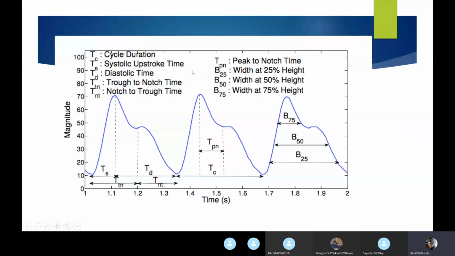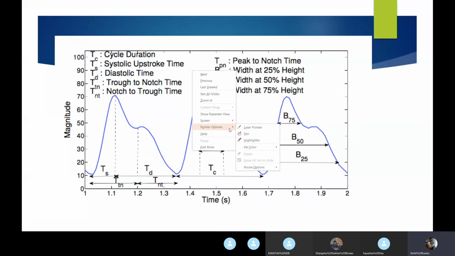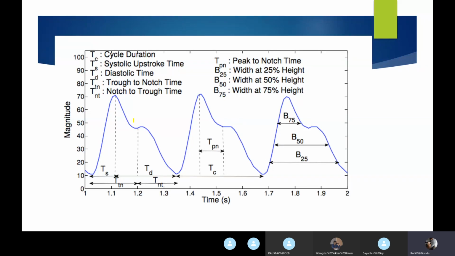So this is basically the PPG photoplethysmography signal. It is a periodic signal, obviously. So this here is called the dicrotic notch. From this time here to this time, it is called a systole. And from this point, this minima to this minima is called a diastole.